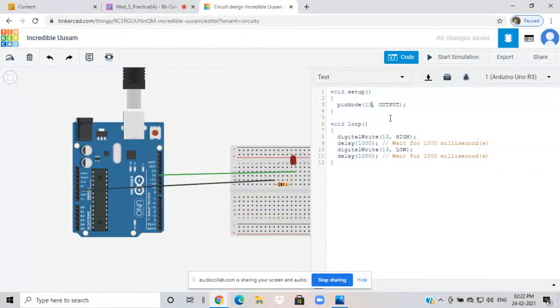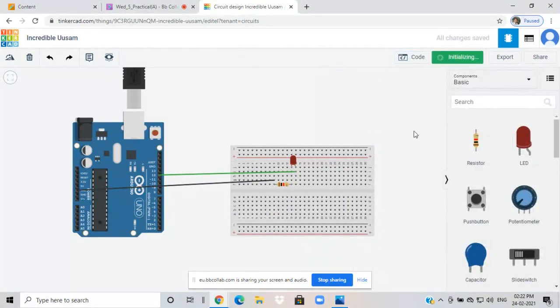In the code you have to assign pin number 12. Now start simulation. Now the LED is on. Is it clear?